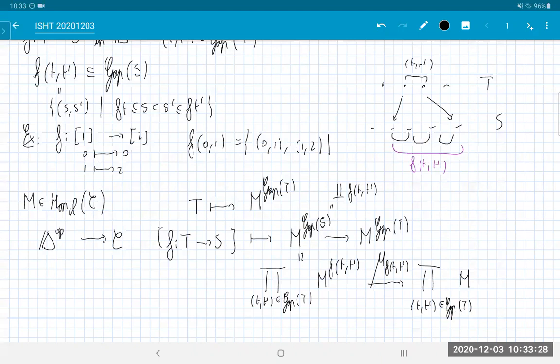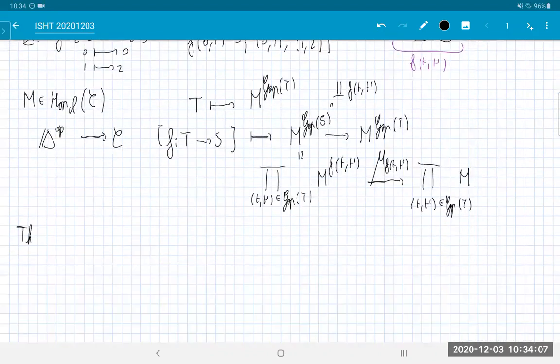So I'm doing essentially the obvious thing. If you unwrap what it is, the only sensible thing to do: you have all the objects, all the points of M corresponding to objects in a fiber, get multiplied together with the order given by the fact that they are in T. And I'll leave it as an exercise to you to verify that this actually satisfies the conditions, and it's a functor, etc. The associativity forces it to be a functor. So this gives a functor